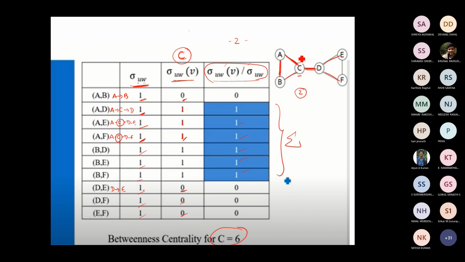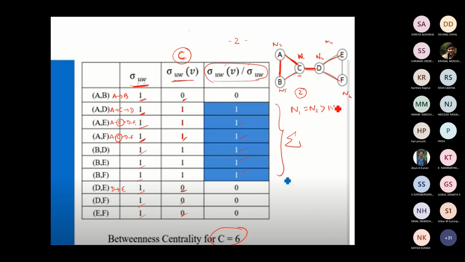Obviously, if I have some value x, I will get some value N1 as betweenness centrality. I have N2 as betweenness centrality, N3, N4. So like this, you just compute the betweenness centrality for all the nodes. And if we sort it over here, N1 and N2 will have the maximum betweenness centrality. Okay. And then the next levels of nodes, N3, N4, will have the next level of betweenness centrality.